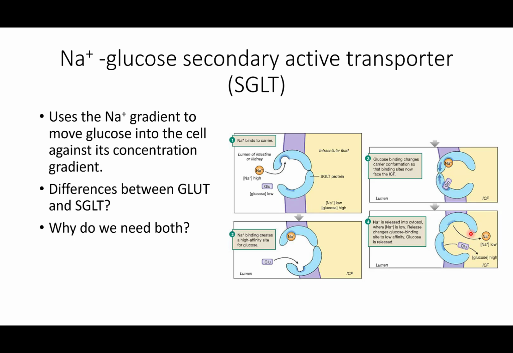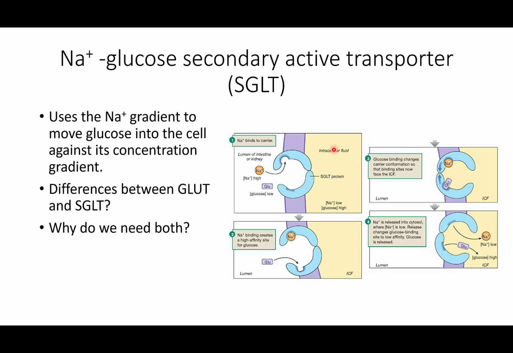What are some differences between GLUT and SGLT? Well, the biggest difference here is now we're moving glucose from low into high. If we do this, why do we need both? Well, where we tend to find SGLT transporters are in the basal membrane of the lumen of our intestine, right? So here's the space inside the intestine where we're breaking down our food. As we eat a meal, we would expect to have really high glucose concentrations. Those glucose concentrations then move into, say, a GLUT4 transporter and get brought into the cells that make up the